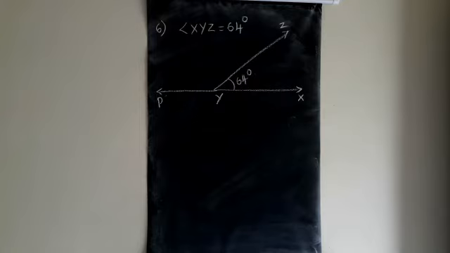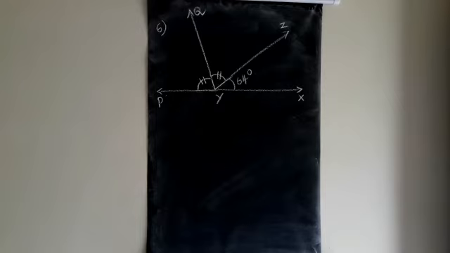Okay. If ray YQ bisects angle ZYP, at first you draw YQ, bisecting which angle? ZYP. Okay. Bisect meaning what is that? The two angles will be equal. That means angle PYQ and angle QYZ will be equal. And what do you have to find out? Find angle XYQ and reflex angle QYP. How to find out? We know one angle is 64.